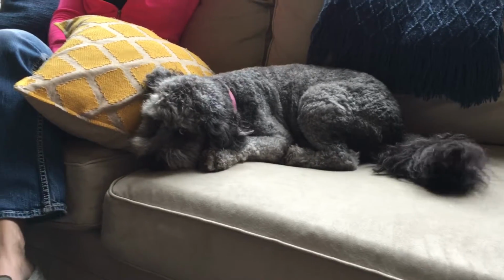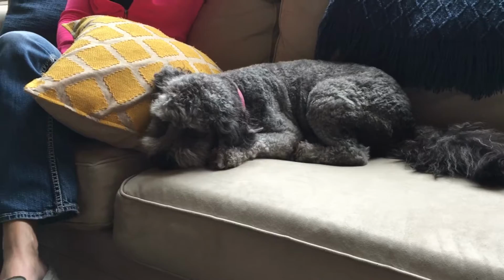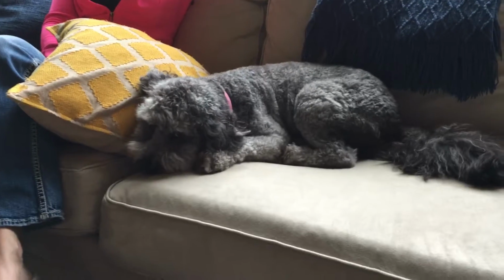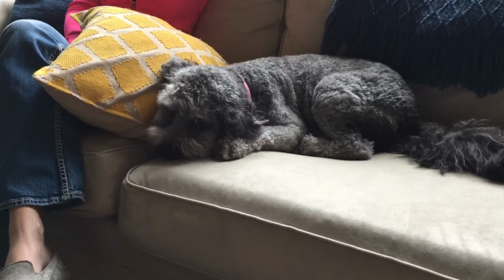Okay, so this is Shadow, and we're talking about some rules to incorporate. One of the rules I was suggesting is always making her sit at a door before you let her in or out. Now, before I go into this, how to fix the problem that you described, if you go to the door and say sit and she does not sit the first time, I walk away and I sit down